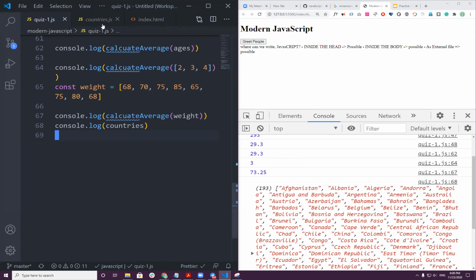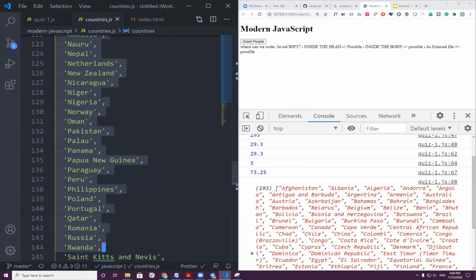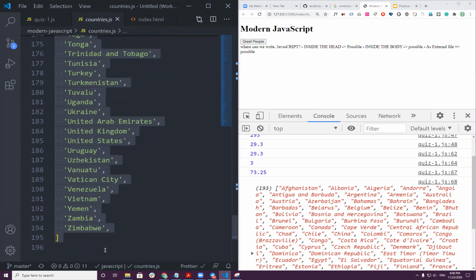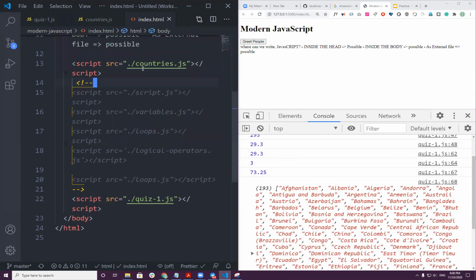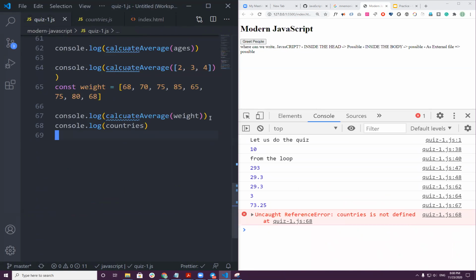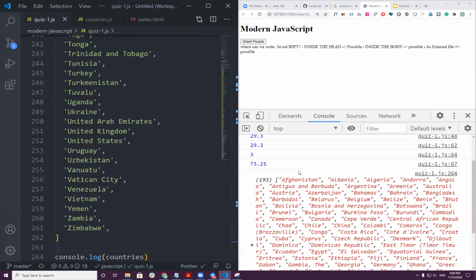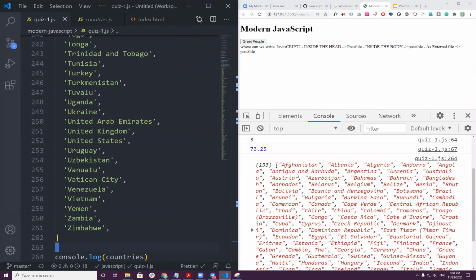Or actually, you can put this code in the same file, but it's too long. You don't need to connect it here. Instead, you can put it here, and then you get the same thing. Which do you prefer?